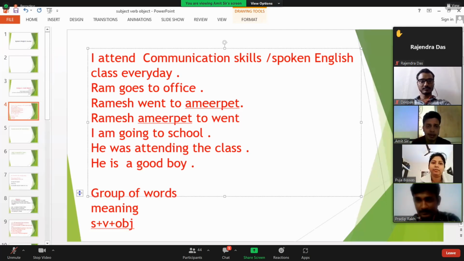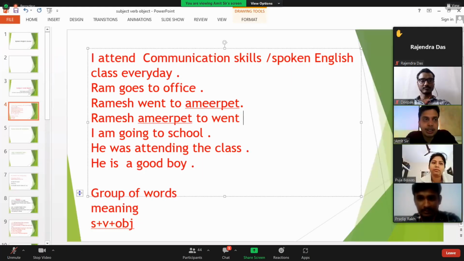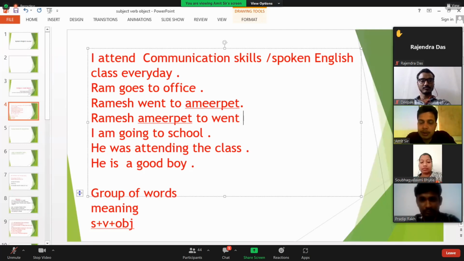Initially, for the easy things, you may translate, but once you get into difficulty, you will find this is going to be the issue. Initially it might be a bit difficult, but if you start following the rule, then you'll never face any difficulty. Got the point, everyone? From today, try not to translate the things. If you translate, first of all you have to learn Hindi, then again you have to learn English of that.